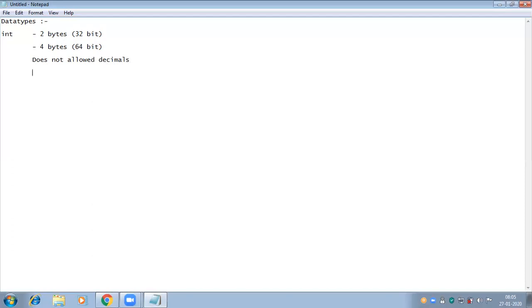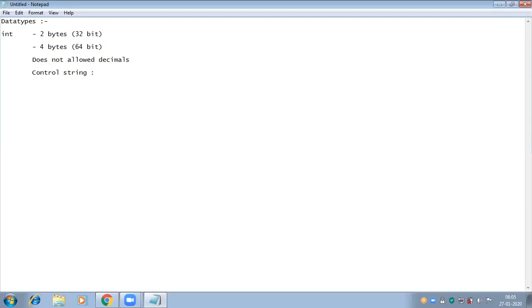How can I represent that it is an integer value to the compiler? Here I am using the control string, because the system can understand only machine level, low level language. So we are giving the instructions to the compiler in the machine level language and we are getting the result in a customized manner. That is a high level language.